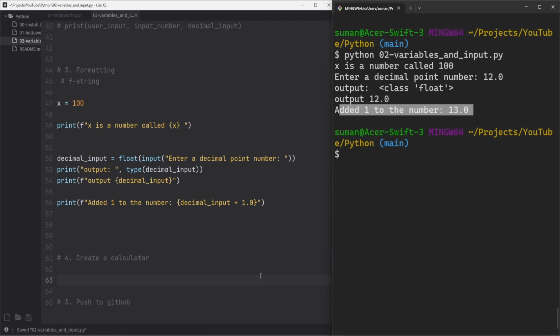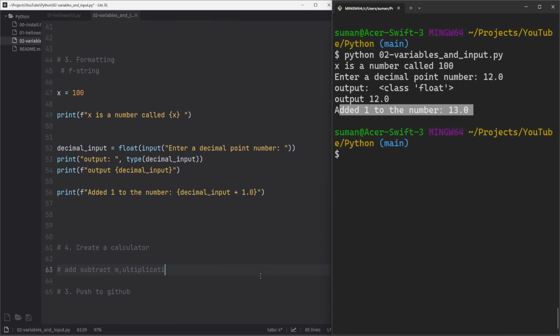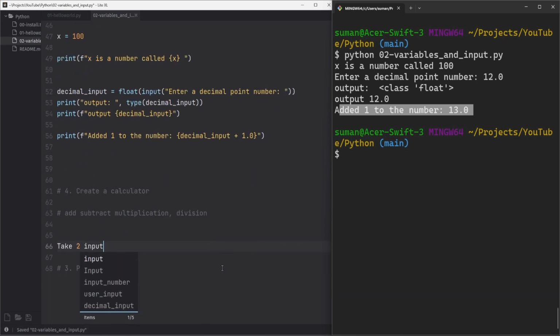So what should this do? This should have something called add, subtract, multiplication and division. So I'll give you a hint like what to do. So what you can do, take two input from user and for the first time just add them,